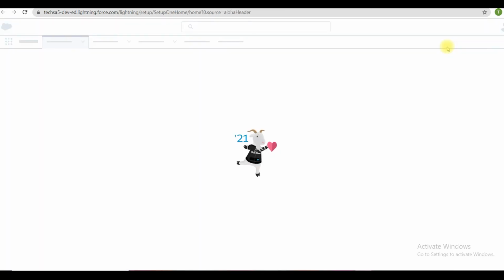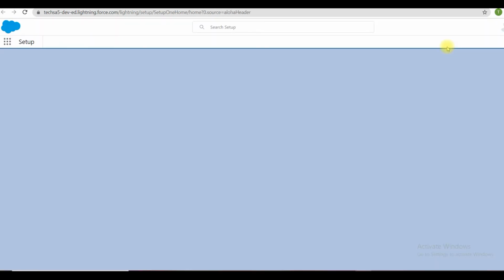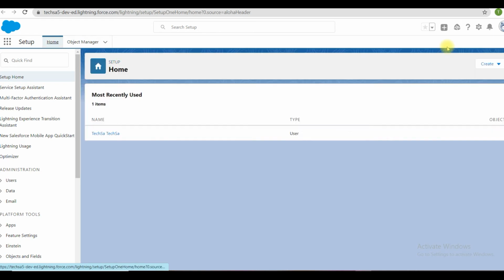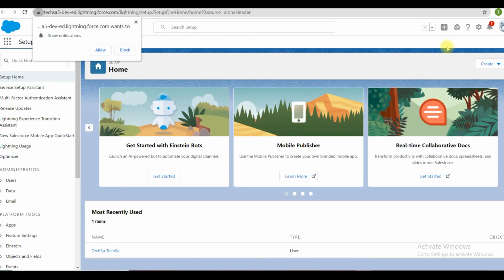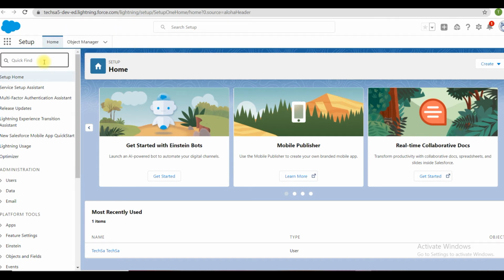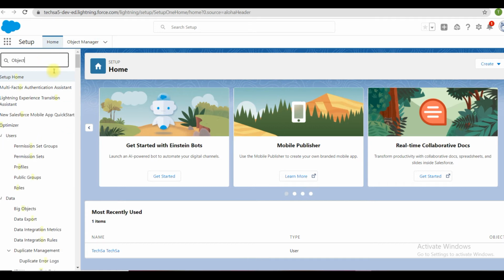Setup means we can create new classes, new Visualforce pages, new objects, etc. Here I will show you one example. Assume we have to create an object, so we type object within this.